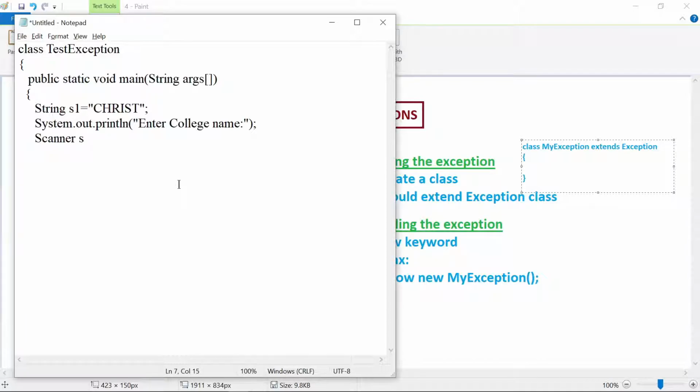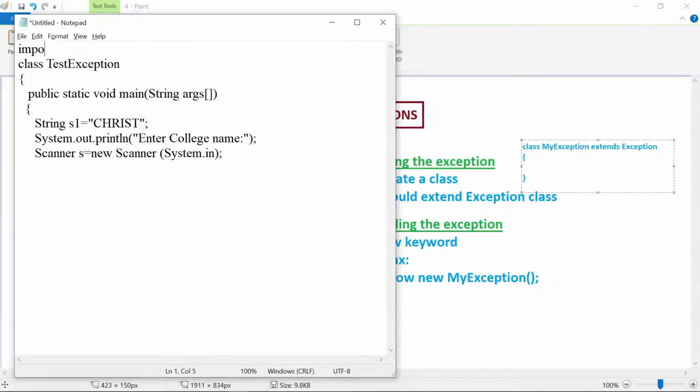So let me create one scanner class object. Whenever you are using the scanner class, obviously you need to import a package here. Import java.util.star. This is clear to you all.